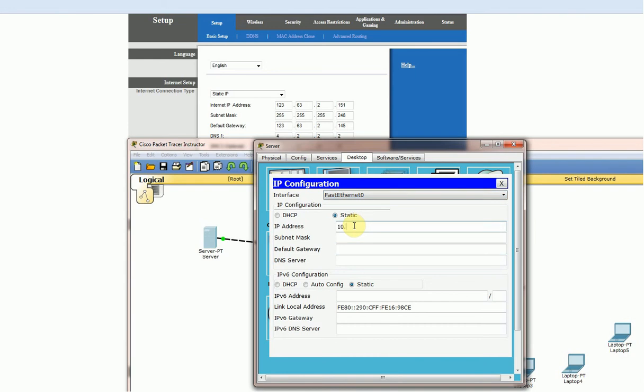For example, 10.0.0.1, just some other IP address we are using, 255.255.255.0, and 10.0.0.2. So for example, this we are using here.